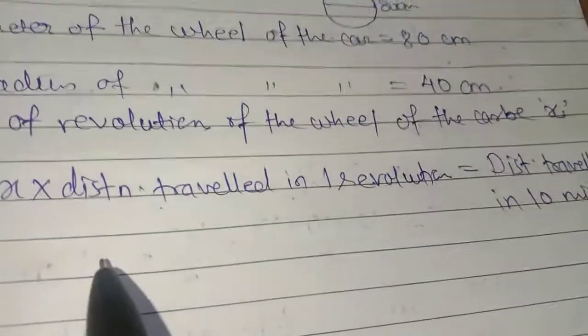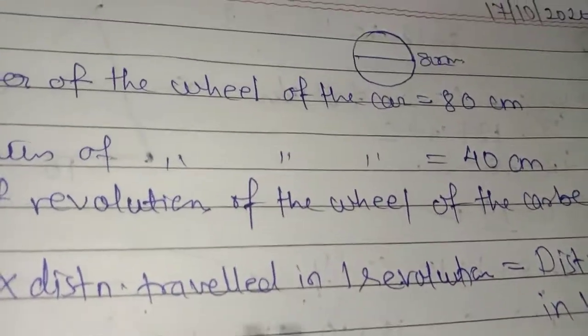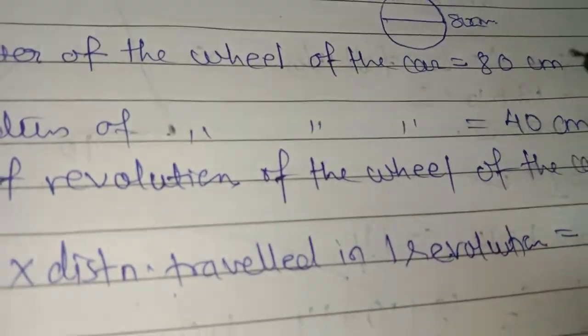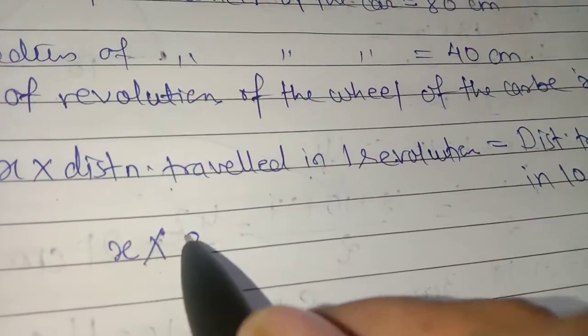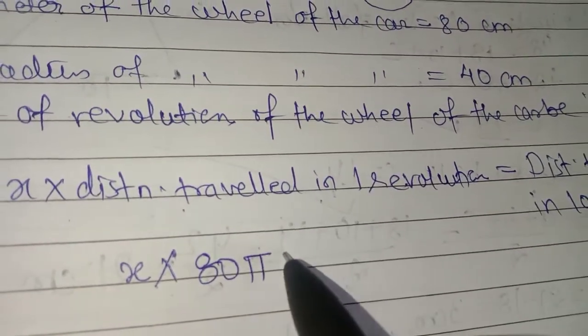So we have x into pi d, the circumference of the circle, and the diameter is given as 80, so we can write here 80 pi, that is equal to